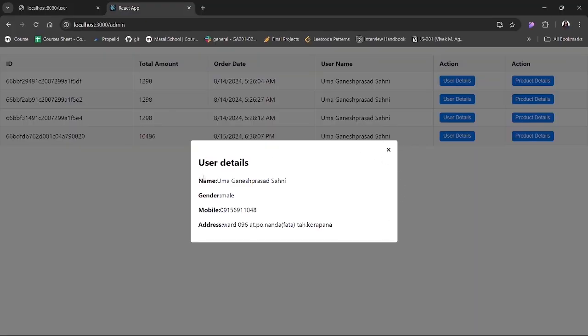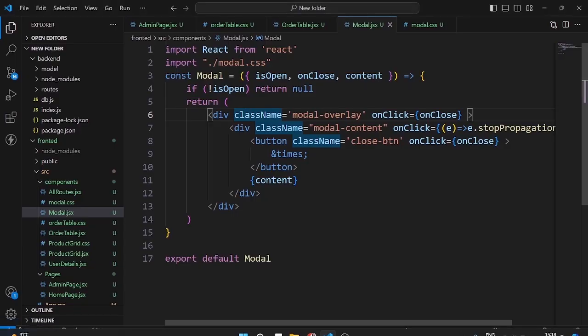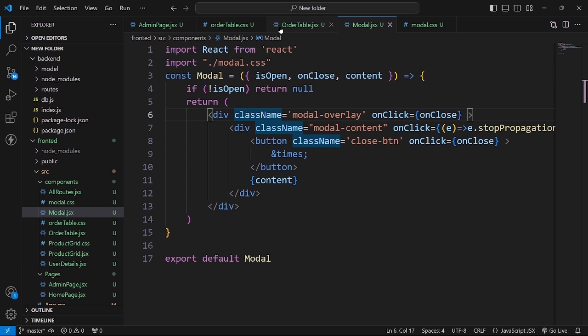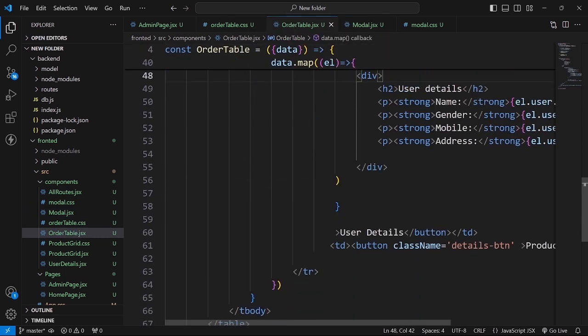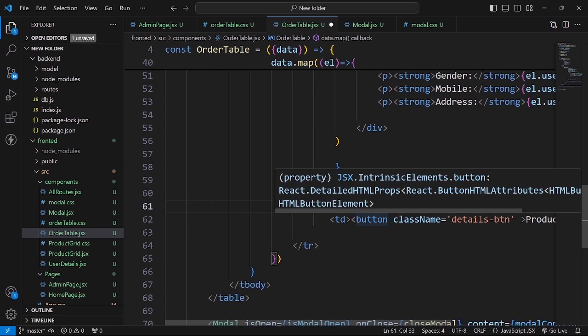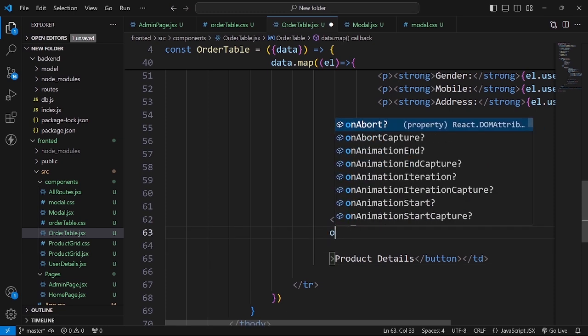So you can see this model will pop up, and then we are able to close this by clicking on this button close, or else we can click anywhere on the screen, and this model will close automatically. Same we will do for this button also. Since our functions are reusable, the only thing we need to pass is the content inside our model. So let us go inside this order table, and we have done this for user details. Same thing we will do for this button, which is product details. So whenever we click on this,